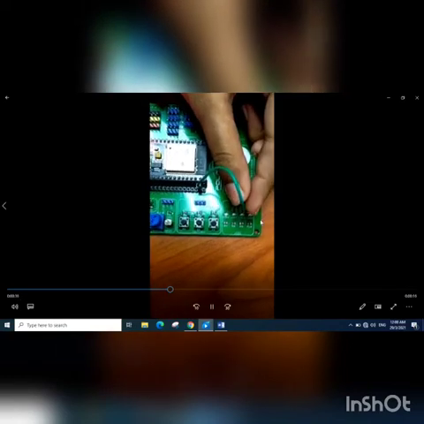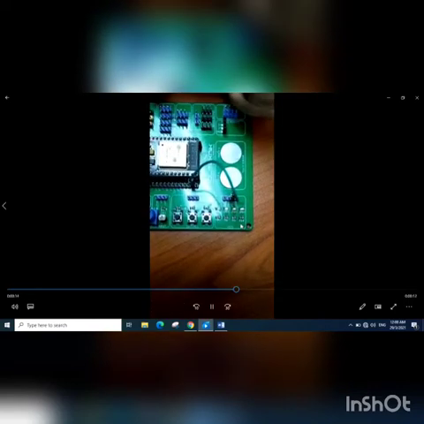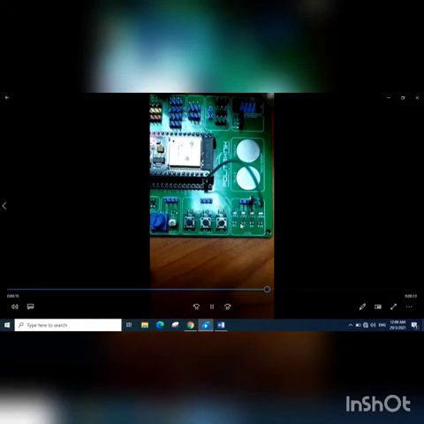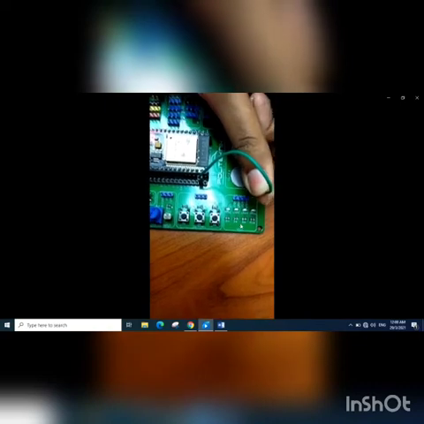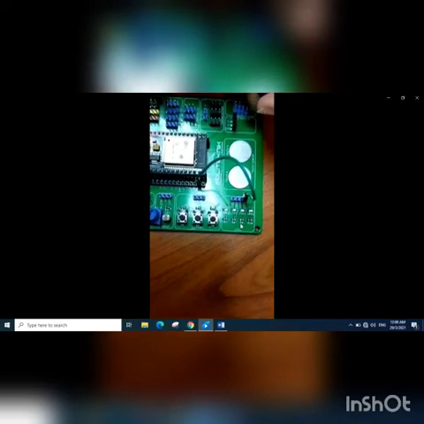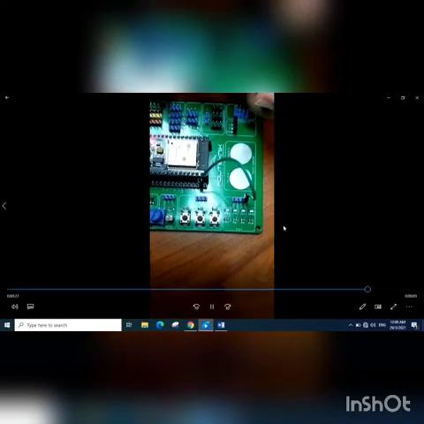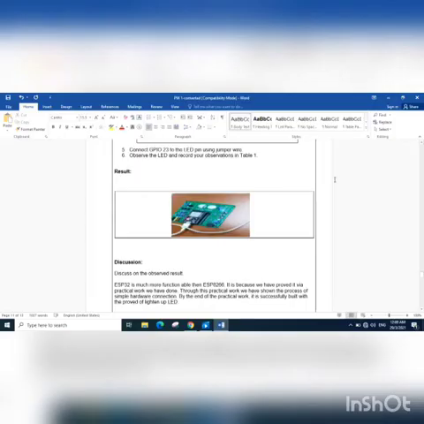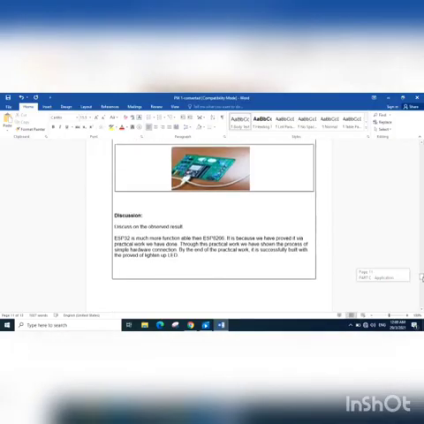Four different colors will turn on. The first one is blue, after that red, then yellow, then green. So we can see the different colors after the ESP32 is connected to the PC.